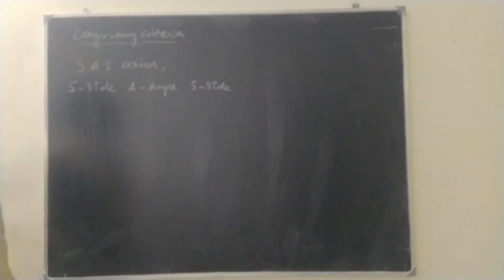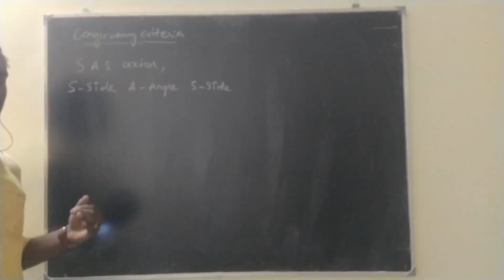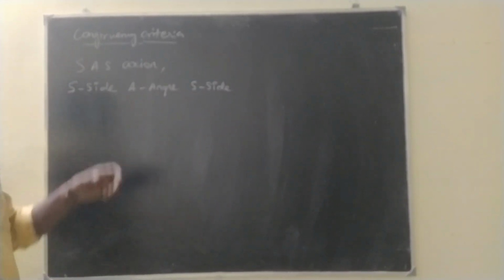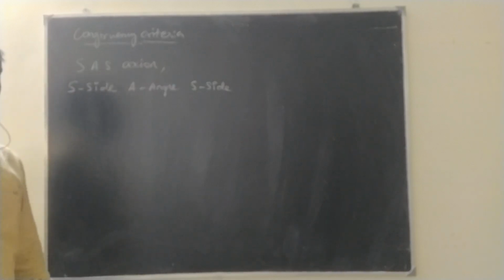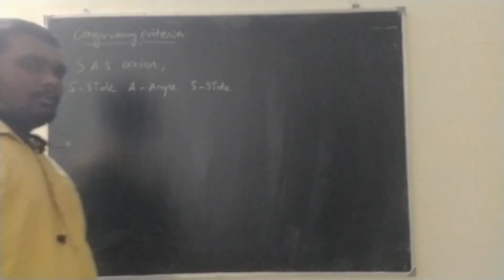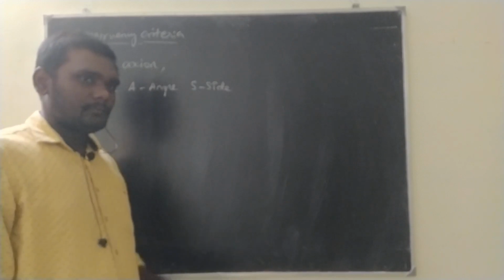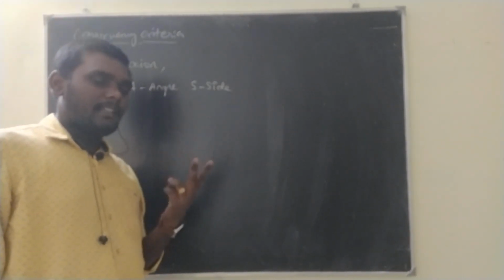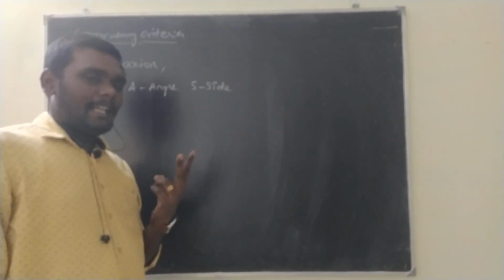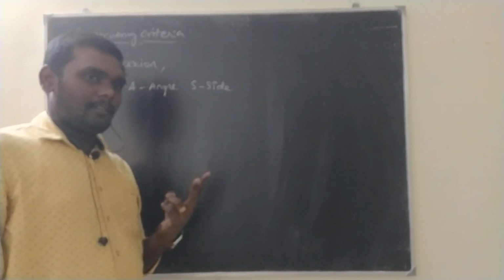Okay, we'll see one by one. This SAS criteria means given two triangles, we should check two sides and an angle which is common for this